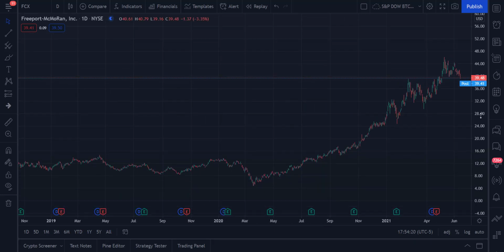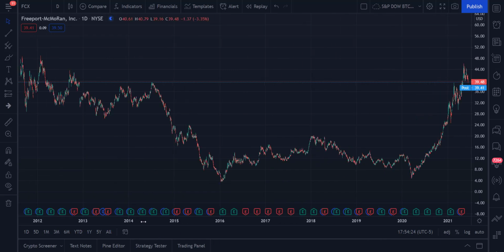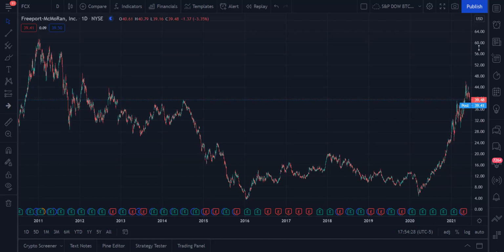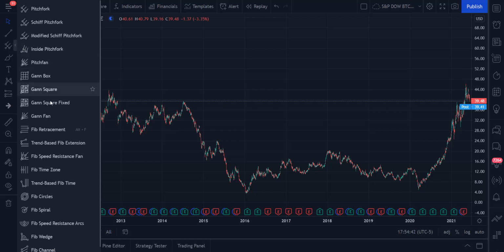We've taken it back to the daily, and I'm going to go ahead and pull this data all the way back as far as I can, pull the chart down. We're going to do a little Fibonacci analysis just to see where we are right now. And what's interesting here in 2020, that's the pandemic, and then you see what's happened since then with regards to price truly rising